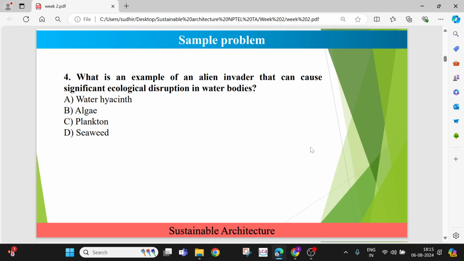That is water hyacinth is an example of an alien invader, and the rest of them who have answered D, that is not the right answer for this particular question, since we have known through the lecture that water hyacinth thrives in nutrient rich environment due to pollution and covers the water surface, blocking sunlight, and this prevents other aquatic life from surviving and eventually leads to a dead water body as hyacinth depletes oxygen levels. That's why it is referred to as an alien invader